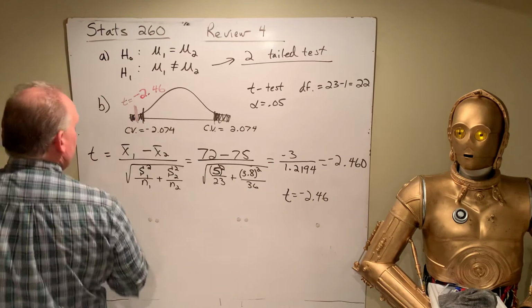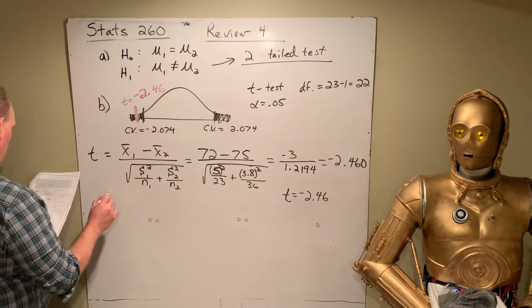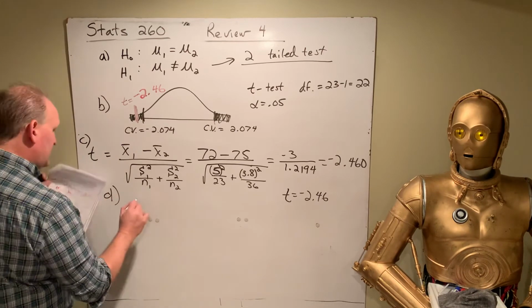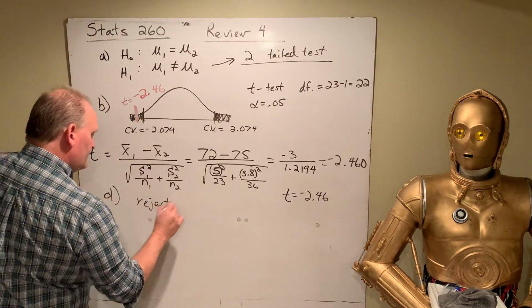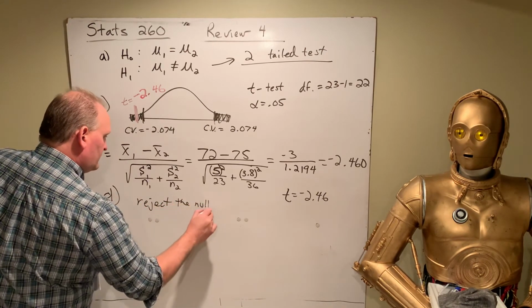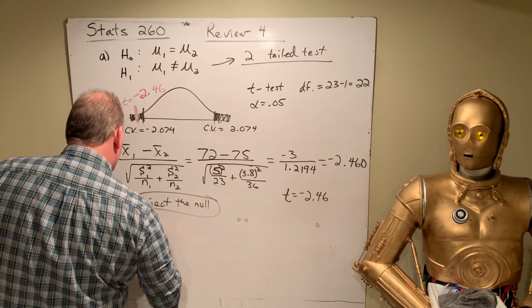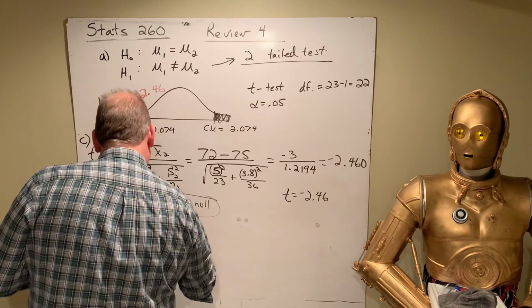All right. And so what does that mean? That means it's in the shaded area. So that was letter C. Letter D is reject the null. We circle that, and then we make our conclusion. We conclude at the 5% significance level